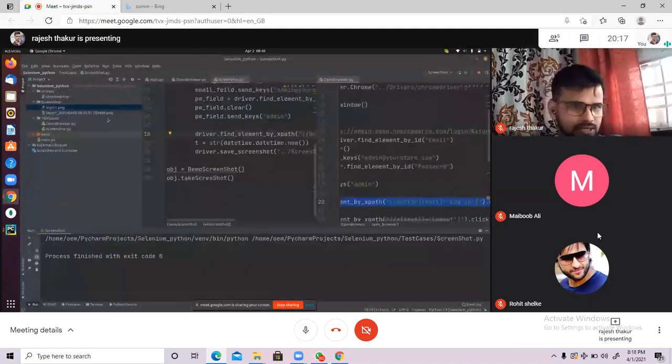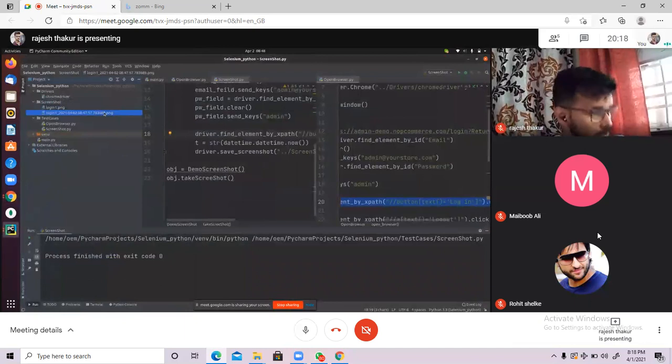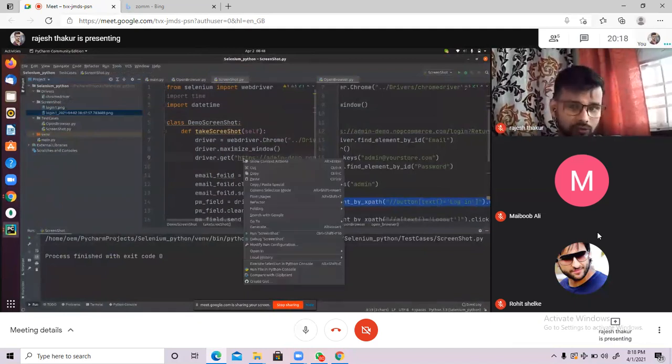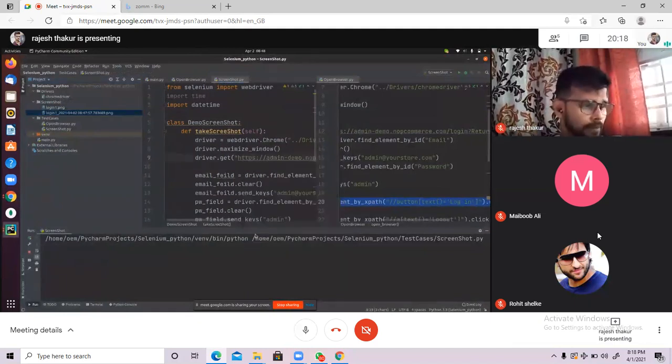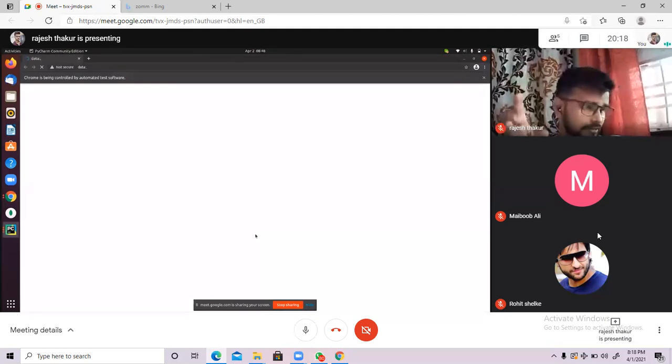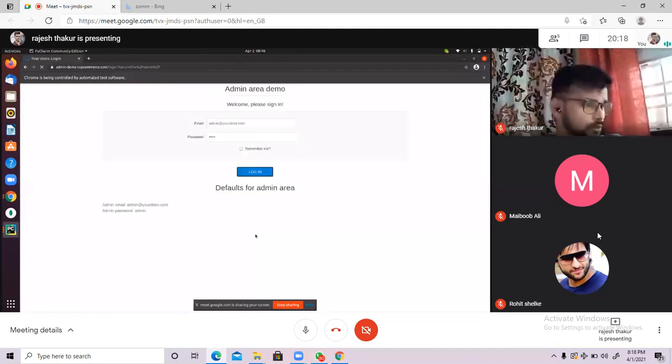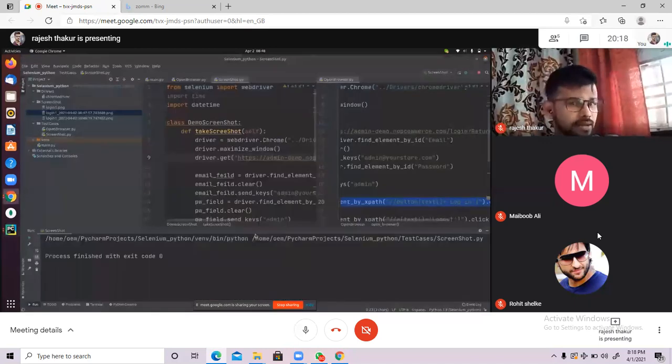And can you see this now? The file name with today's date, right now date, and time is coming. Every time you execute, it will create a new file. So this is the beauty of applying the date time with the file name. So you can debug the code, okay, what screenshot got captured and what is coming right now. So every time a new file is getting created. So this is the beauty of taking these things.